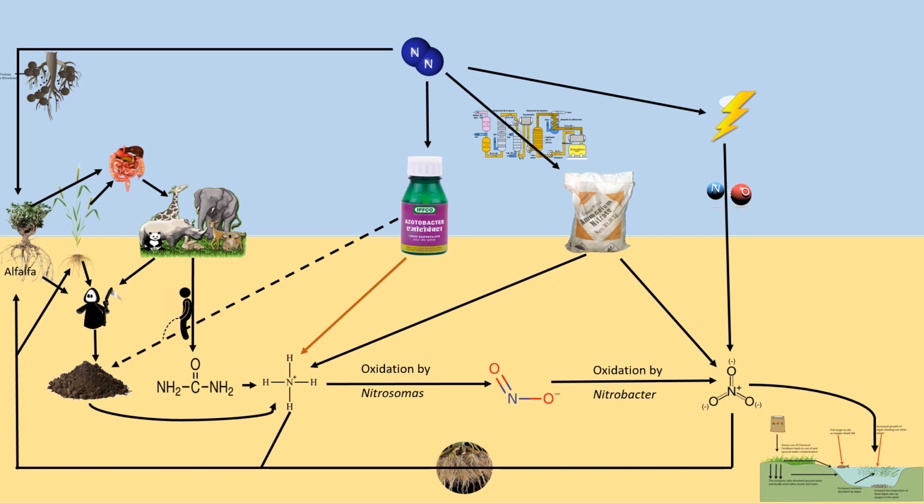Now, what we haven't got yet is any return of nitrogen to the atmosphere. It's all one way at the moment, from the abiotic component to the biotic component. So how does nitrogen get back into the atmosphere? Well, there's a final group of microorganisms we need to be aware of, which we can term denitrifying bacteria. What they do is that they reduce nitrates to nitrogen gas, and that nitrogen gas is now returned back to